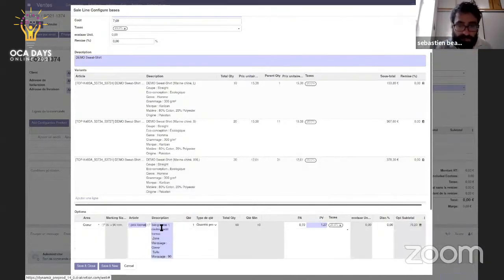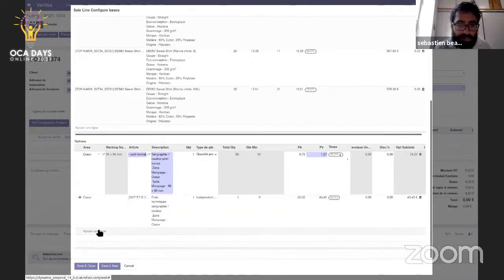I can take this configuration. In this case, I have some extra custom module that adds another product because you have some technical cost where when you do this product, whatever the quantity, you need to have at least one technical extra cost. So here I can put a quantity.